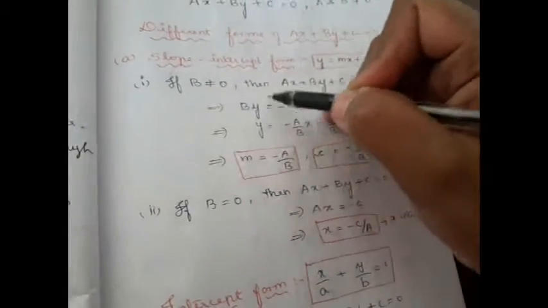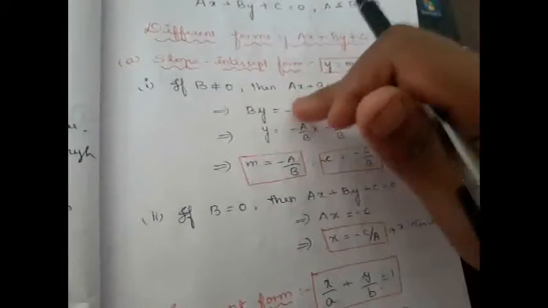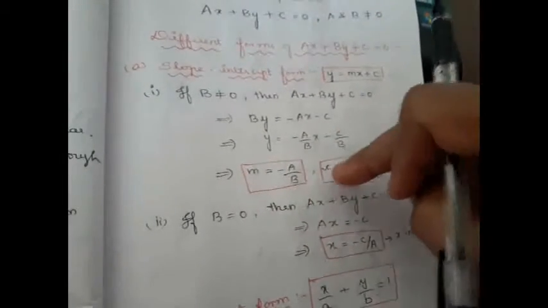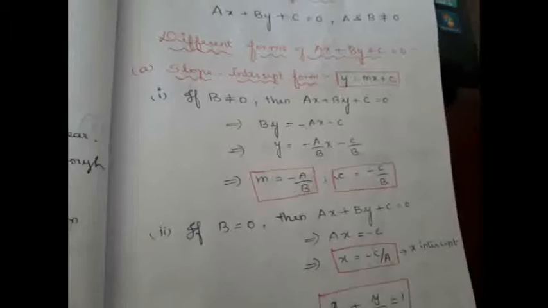What you have as a constant will be your y-intercept. As we derived, we have to bring it into the form y is equal to mx plus c. So first, bring y alone. If the question is in the form ax plus by plus c, and they ask you to find the slope and y-intercept directly, you can give your answer by writing slope is minus a by b and y-intercept is minus c by b. But if they ask you to reduce it into slope-intercept form, you have to bring it to this form and then only write this.